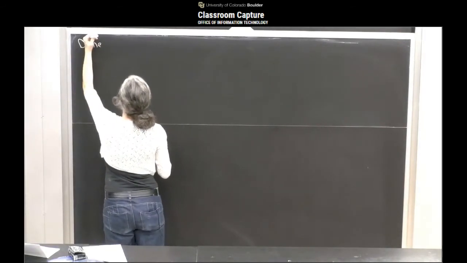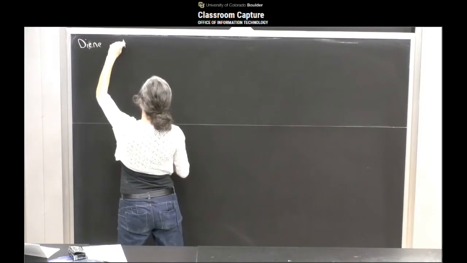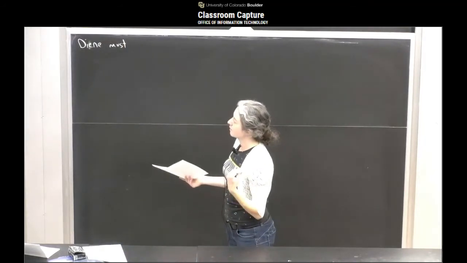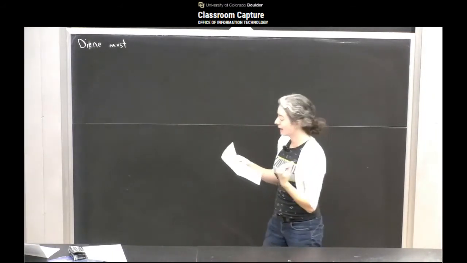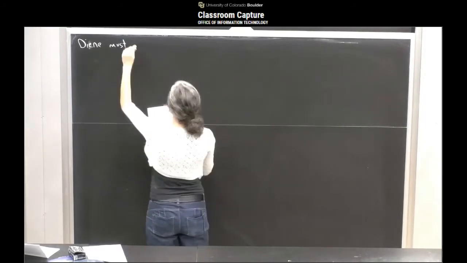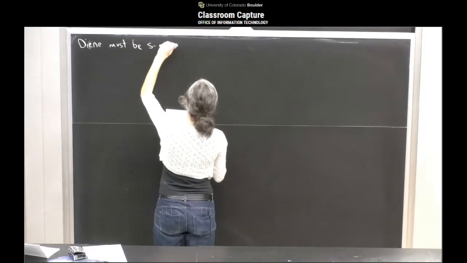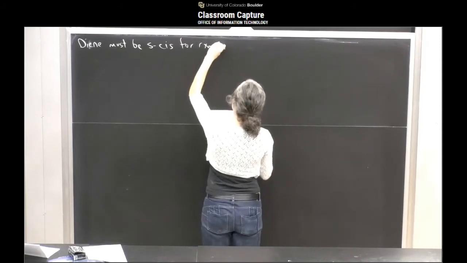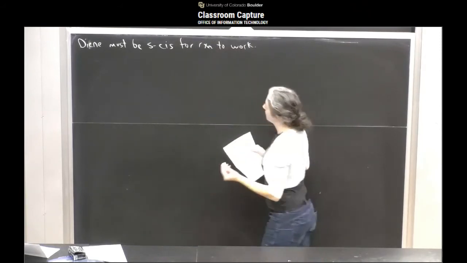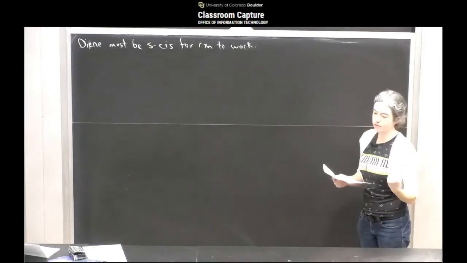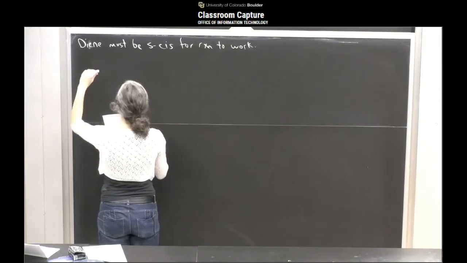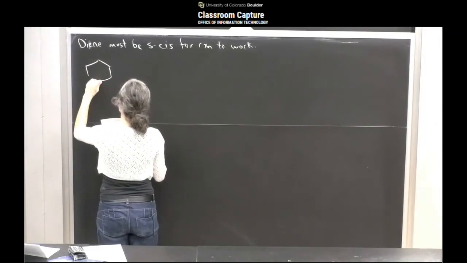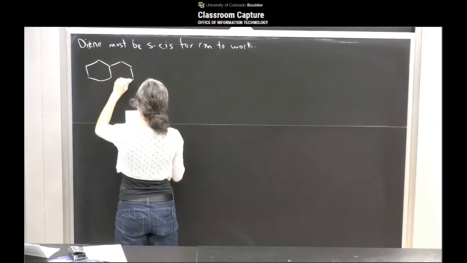Okay. So the diene must be able to make this curled up C shape that I'm showing during the reaction. So it has to be able to get a cis, like we covered last time. And in fact, the more time it spends as cis, the easier this reaction is going to be. So if we have something like this,